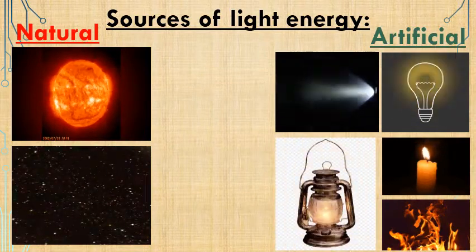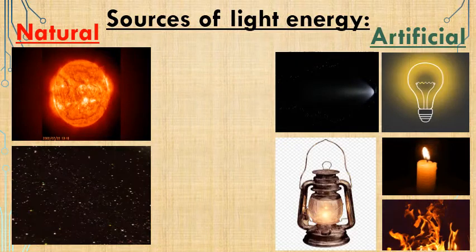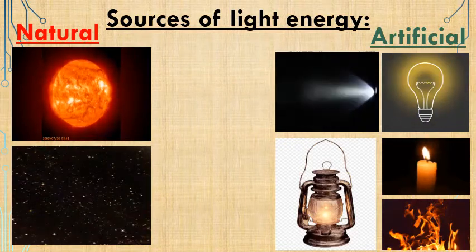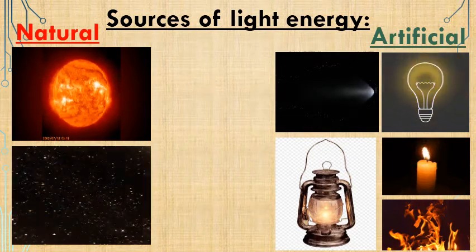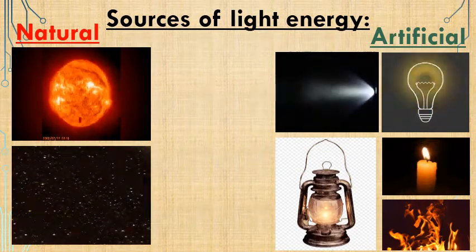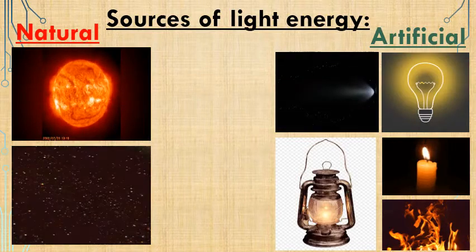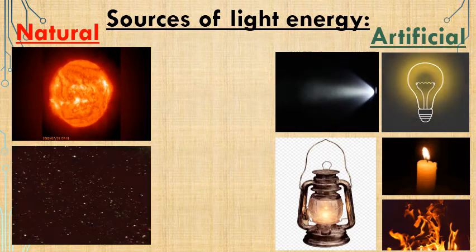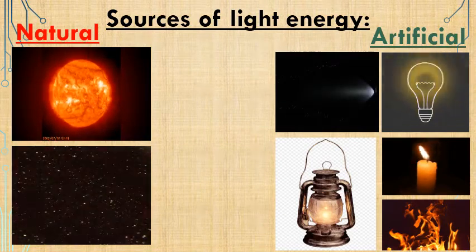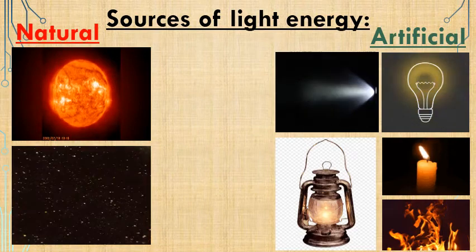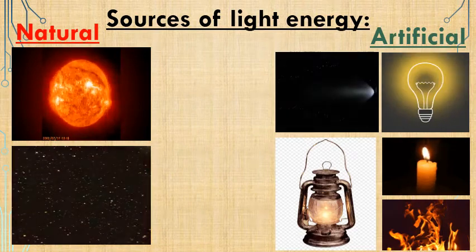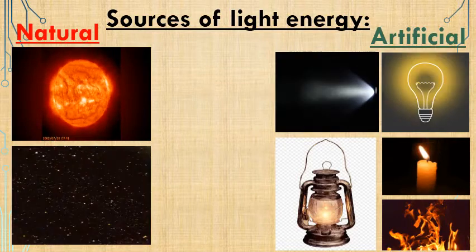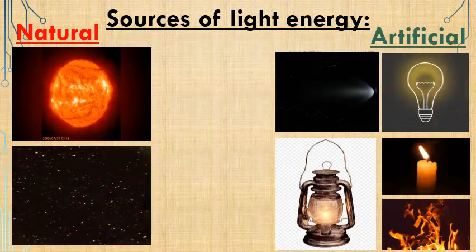and also we have something called a kerosene lamp. We used the kerosene lamp in the past before inventing the electric lamp. So let's say them together. We have two types of sources of light: natural and artificial. Natural like sun and stars, artificial like electric lamp, flashlight, candles, fire, and kerosene lamp. Add to your information that kerosene is a flammable liquid that can be burned to light up.